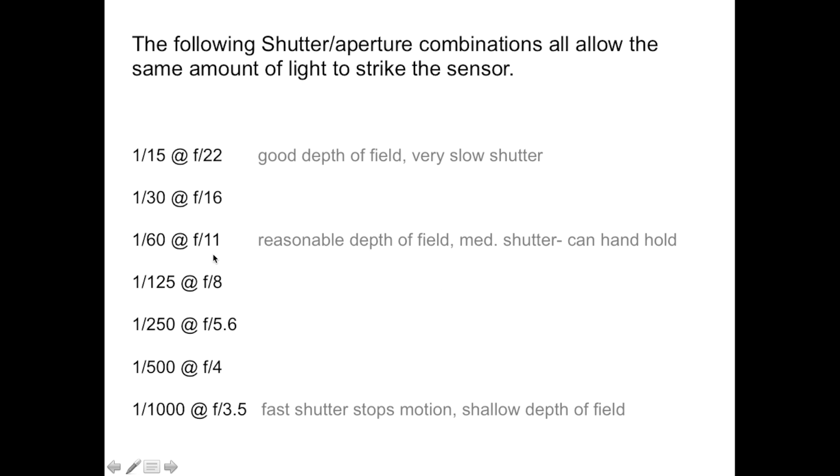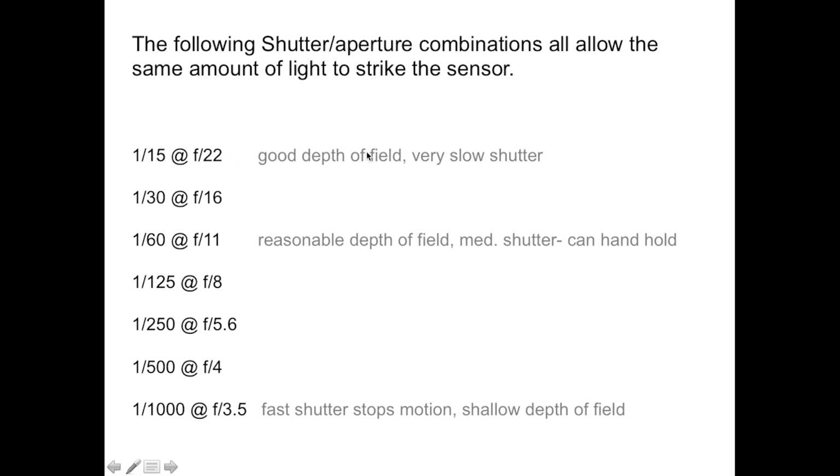So let's just take this as our medium. 1/125th of a second at f8. That's what my light meter in this situation told me to photograph. Well, I tell my light meter, thank you, that's good information, but I have all these different options that have the same amount of light strike my film, so I'm going to make my light meter happy, but I have different creative controls. At 1/15th of a second at f22, I have the same amount of light strike the sensor,